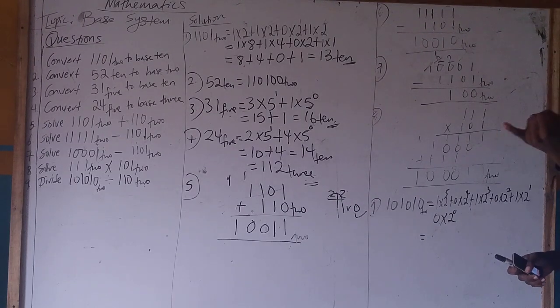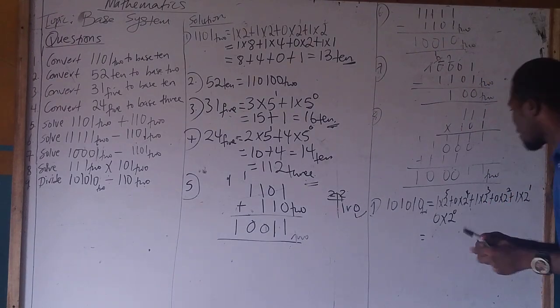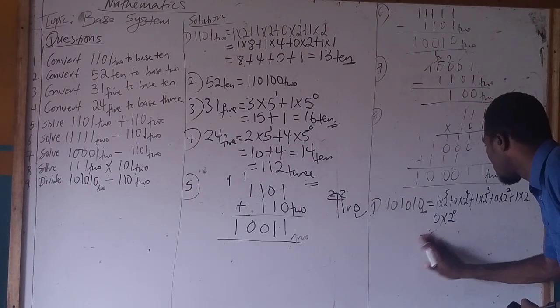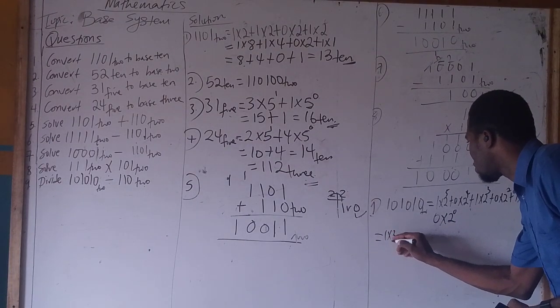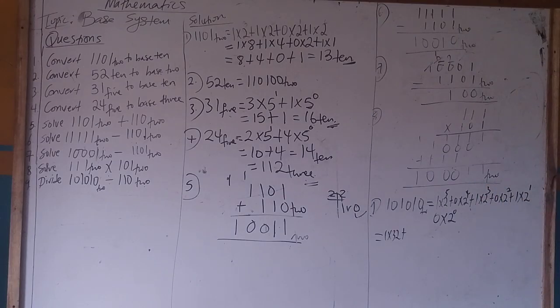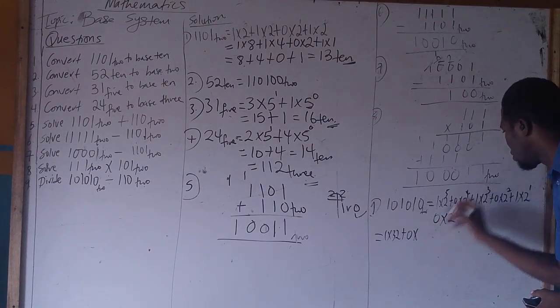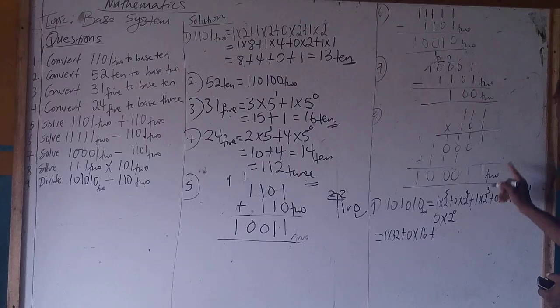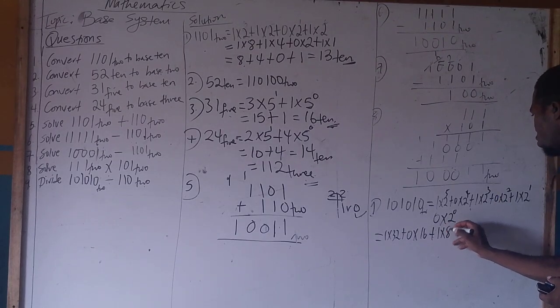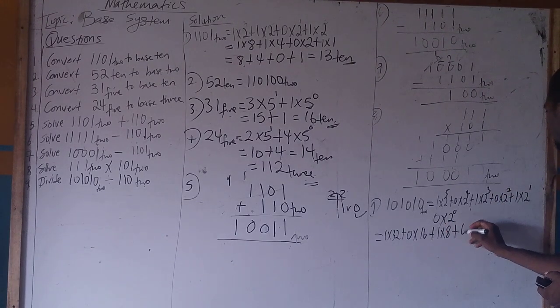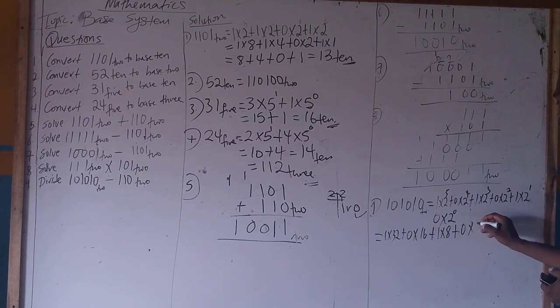So 2 times 2, 4, 4 times 2, 8, 8 times 2, 16, 16 times 2, 32. So we have 32. So we have 1 times 32 plus 2 raised to the power 4 means 2 times 2 times 2 times 2, which will give us 16. So you can do that math. 16 plus 2 raised to the power 3 means 2 times 2 times 2, which will give us what? 8 plus 0 times 2 raised to the power 2 means 2 times 2, which is 4, plus 1 times